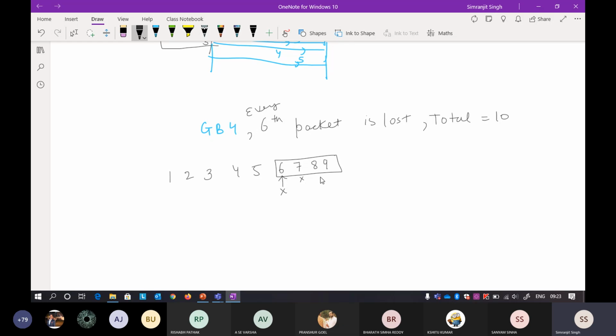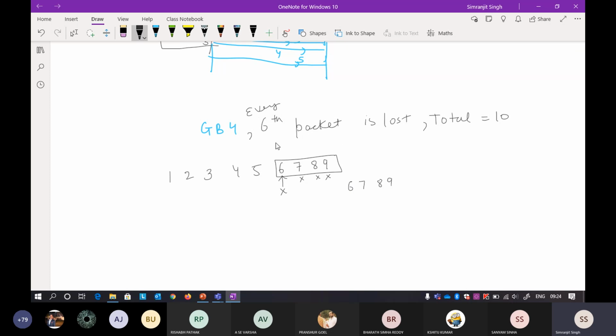So this will also be lost, this will also be lost, this will also be lost. You have to go back again from the 6th one, and you have to retransmit the whole window. So the retransmissions will be 6, 7, 8, 9. After 9 you again retransmit 6, 7, 8, 9.